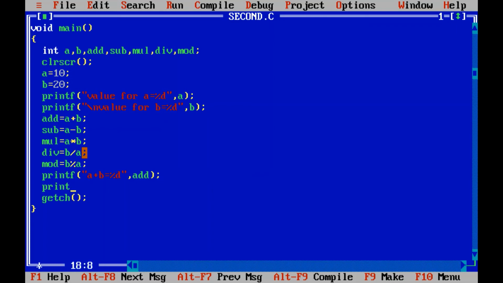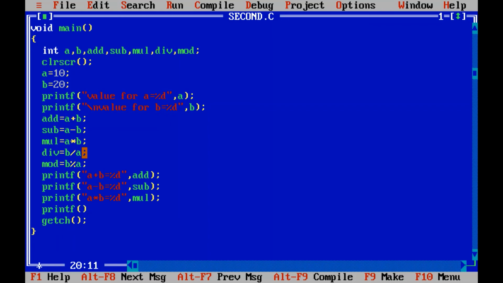Now I'm going to write printf for a minus b equals to again %d, and the answer is in sub, semicolon. Printf a multiply star b, that is a multiplied by b, %d, and this is your mul variable where we have the multiplication answer.